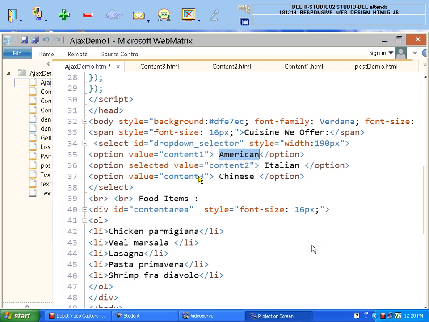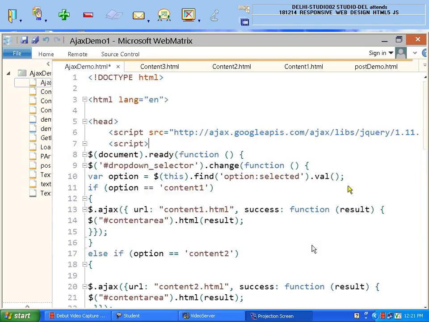Then I use another option for content. Where I want to display this, I want to display it in my div, and by default I want to display some items, so for that I'm writing simple HTML coding over here.